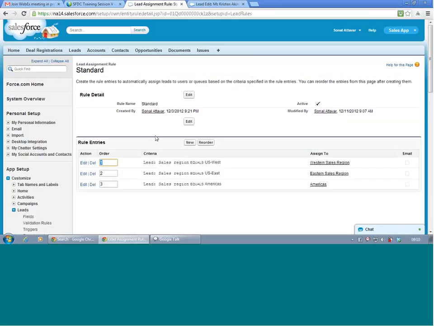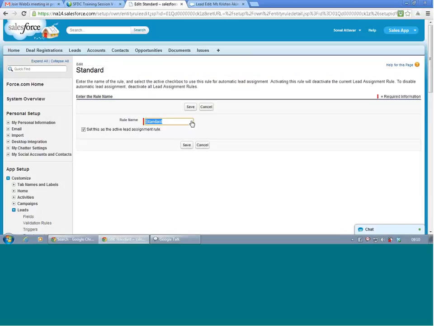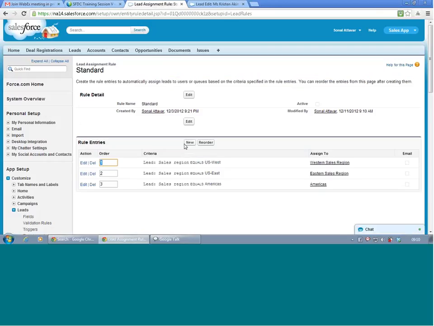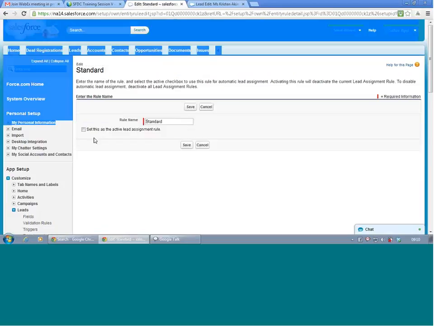Edit, which one? All three? No, the rule detail. Edit, check that inactive, and save. Then edit and make it active, and save it.